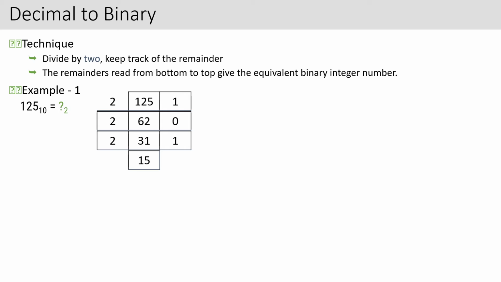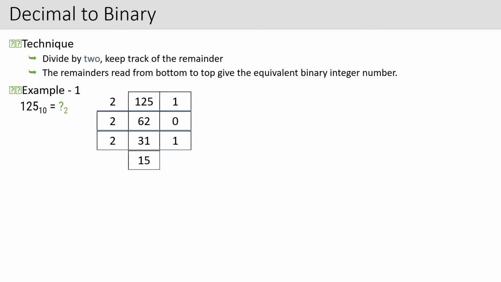That is 1. Now the question arises: when are we supposed to stop dividing the numbers? Because here, when I multiply 2 by 62, I get 124, but when I multiply 2 by 31, I get exactly 62, so I get remainder 0. Then when to end it? When to stop dividing the number by 2? I will tell you that.